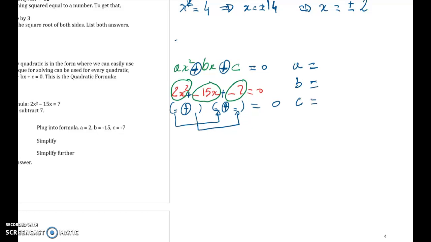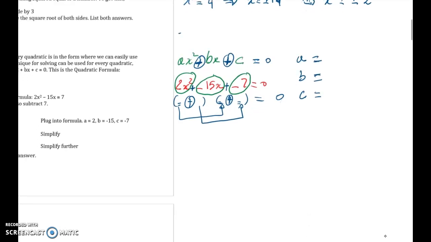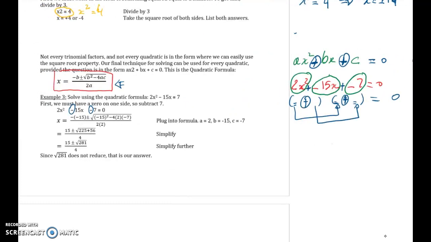Because you have put a plus, we end up being able to very easily determine A equal 2, B equal negative 15, and C equal negative 7. By substituting A, B, and C inside your quadratic formula, and by paying attention that every time I'm dealing with a negative number, I am putting my negative number in between parentheses, I'm able, at the end of the day, to find a value of